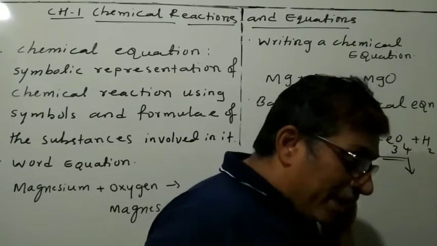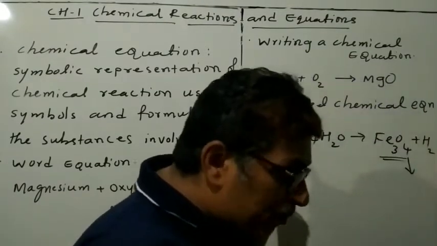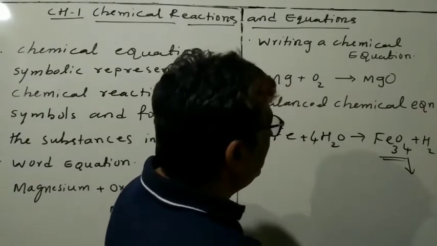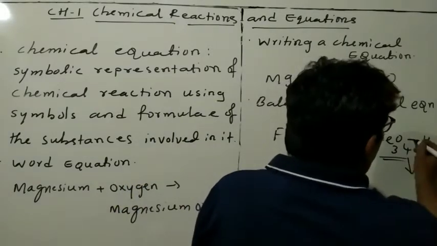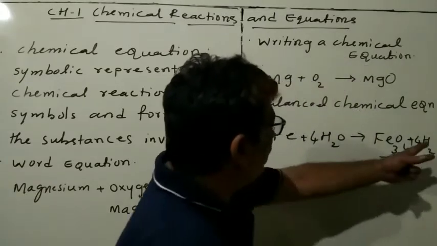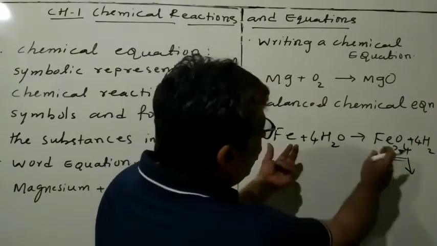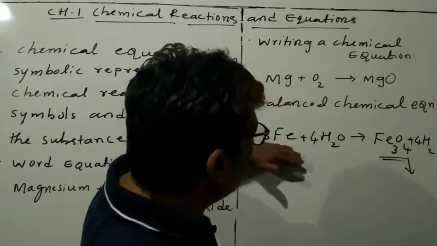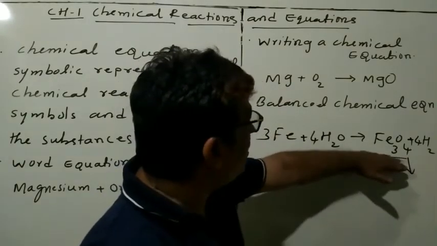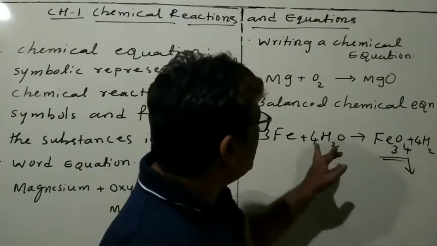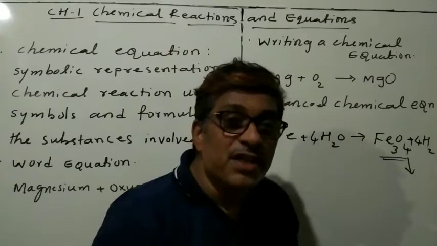So now by balancing the 4 here, what will happen? The hydrogen will be 8. But here hydrogen will be how much? Only 2. So that is why here hydrogen will be 4, so it will be 8. Now which is not balanced? Say Fe is 1, so it will be 3. So you see now Fe is 3 and here also Fe is 3. Hydrogen will be 8 and here also hydrogen will be 8. Oxygen is 4 and here also oxygen is 4.